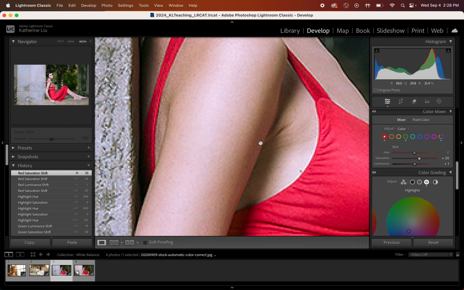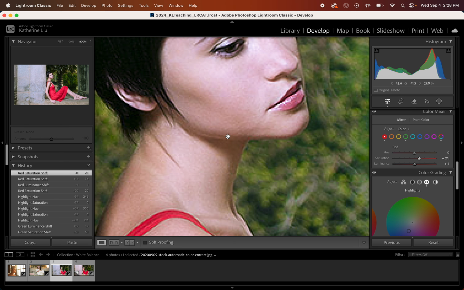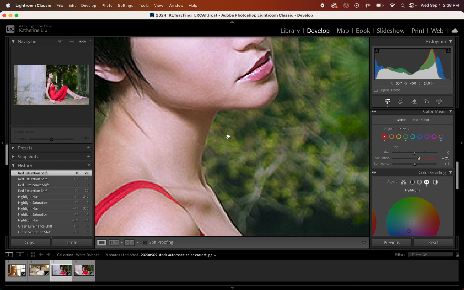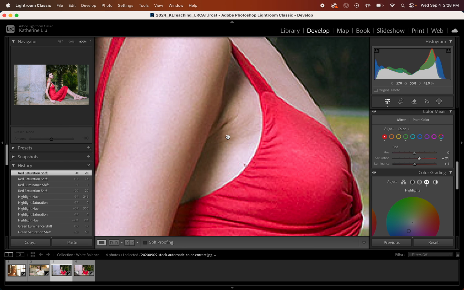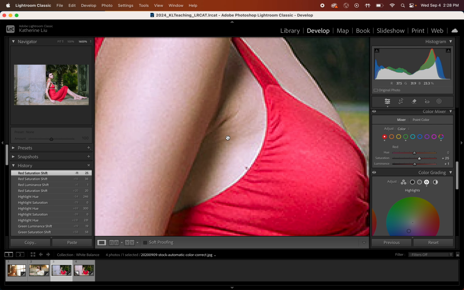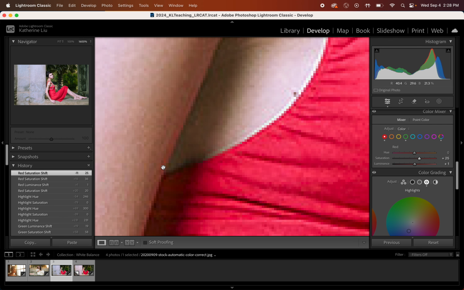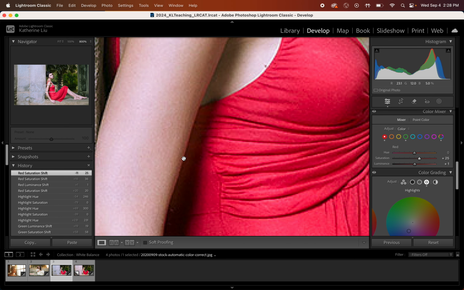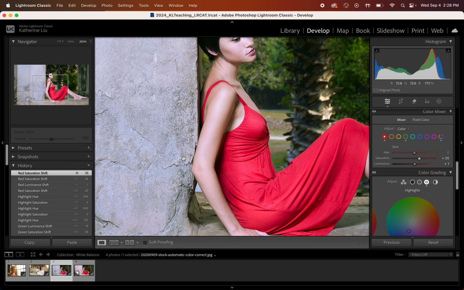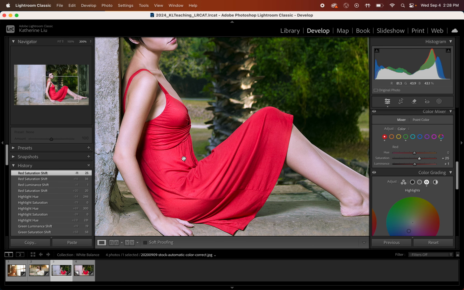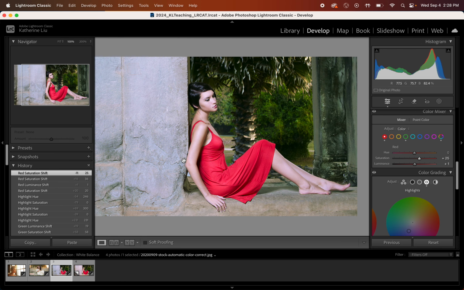So you can kind of see the shadow has a red tint happening because of the red dress. It's very minimal, but it's there. You can definitely see it right here. You can see the red. That's the color cast reflecting off. So I feel like that looks pretty okay. I didn't go too extreme with the red,